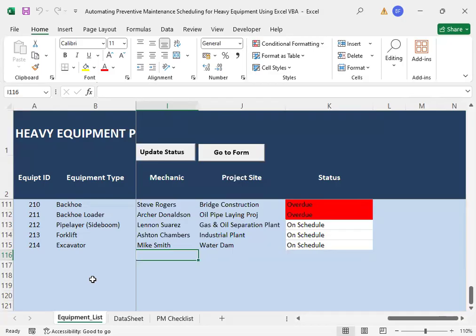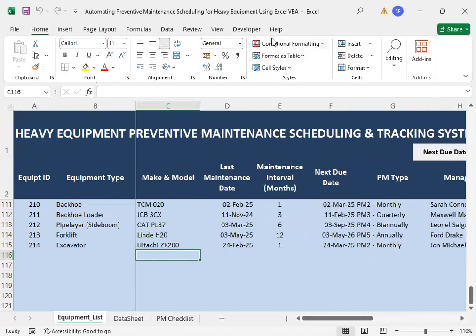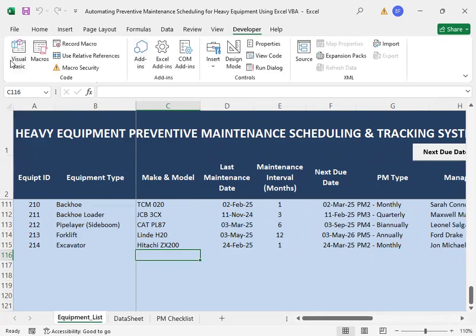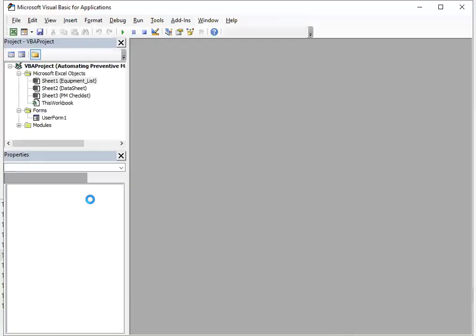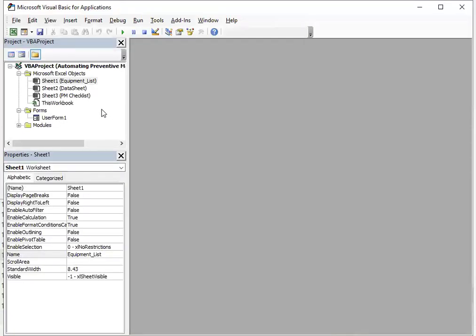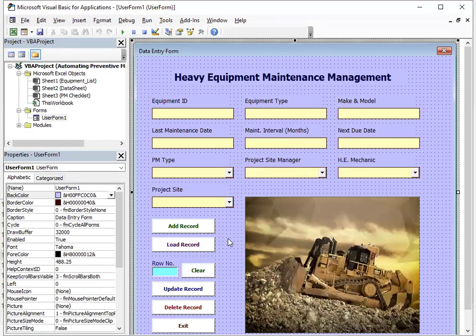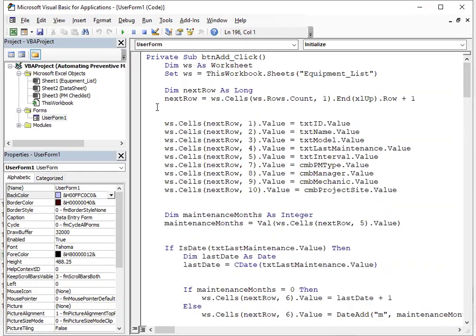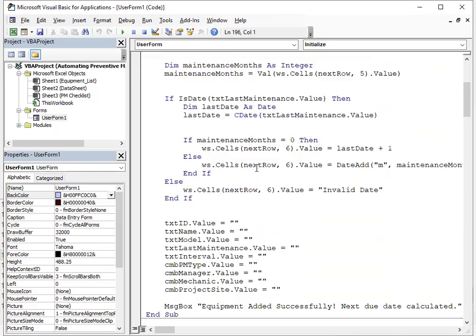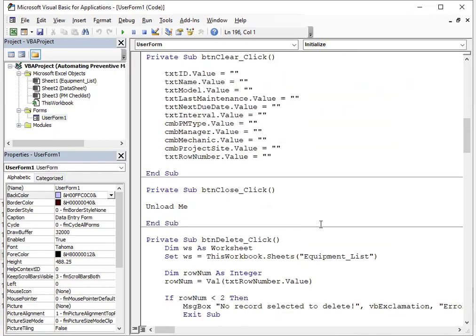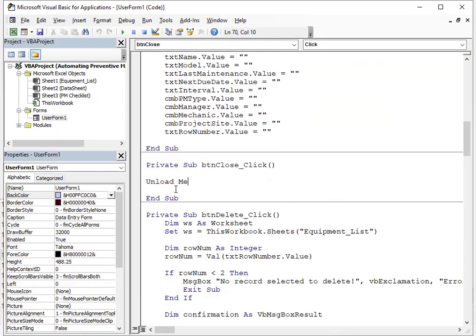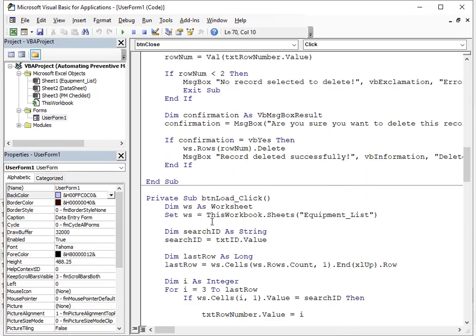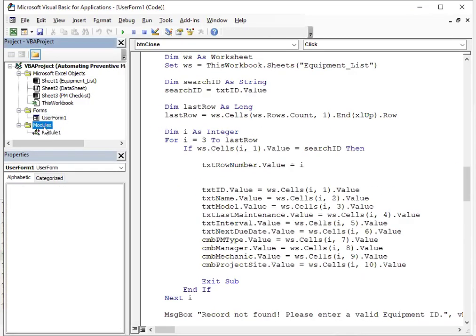All right. So now, developer, Visual Basic. Okay. So here's the user form. Okay. View code. Okay. I'm not gonna explain one by one, because it will take us time. Just the button add macro, the button clear macro, the unload me, which is the closing of the form, and the other thing here. I got also the modules for